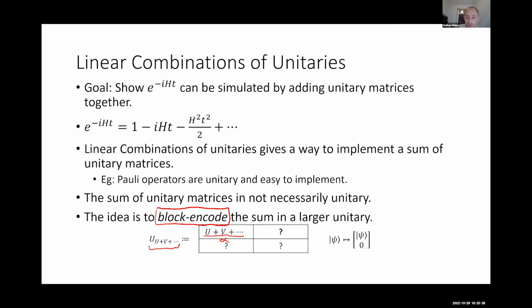It means that we take the matrix that we want to build, and we just stick it inside a block of a larger unitary matrix. Now, the sum of unitaries, interestingly enough, doesn't actually need to be unitary. Let me give you an example to show you this. One of my favorite examples is I plus Z divided by 2. Both of these are totally unitary. But when you sum them together, you get 1/2 plus 1/2 minus 1/2, which is the exact same thing as the projector onto 0.